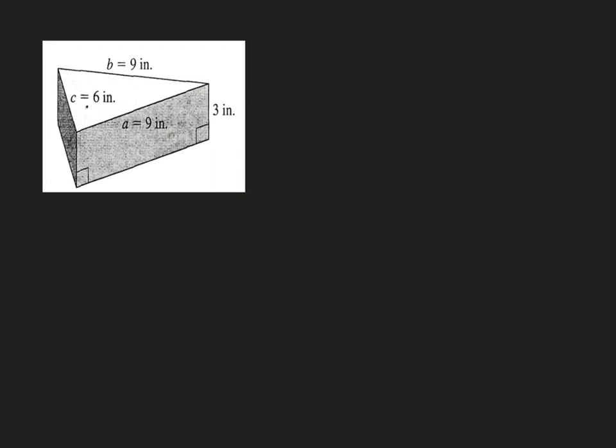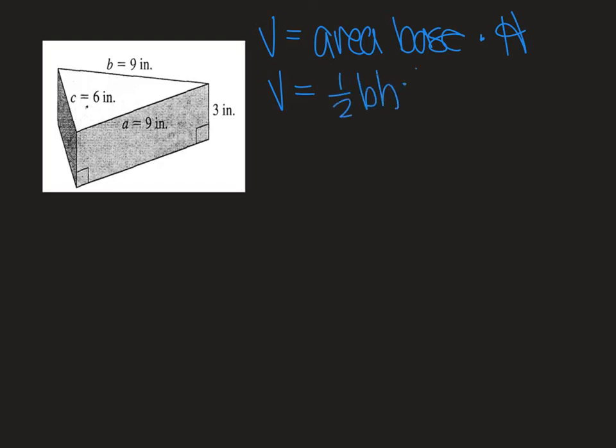So here we have a triangular prism. And remember that the volume of a triangular prism is the area of the base times the height. So we usually would say, well, okay, that's 1/2 base times height times height. But the problem with this triangular prism is we don't know the height of the triangle. So we're going to have to find the area of the base using the other formula that we worked with,